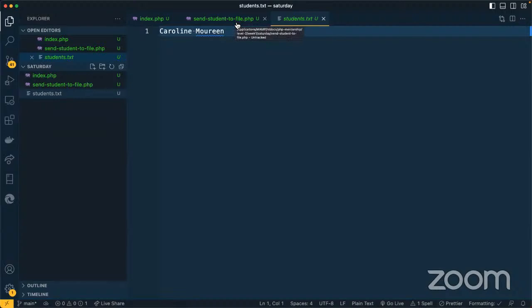And also know that sometimes you need the file to have such things. Sometimes you need the file to be overwritten when you add new things. And sometimes you need it to append information. So how can we append information to the file? That's what we're going to see. The way we append information to the file is that we don't use, let me go